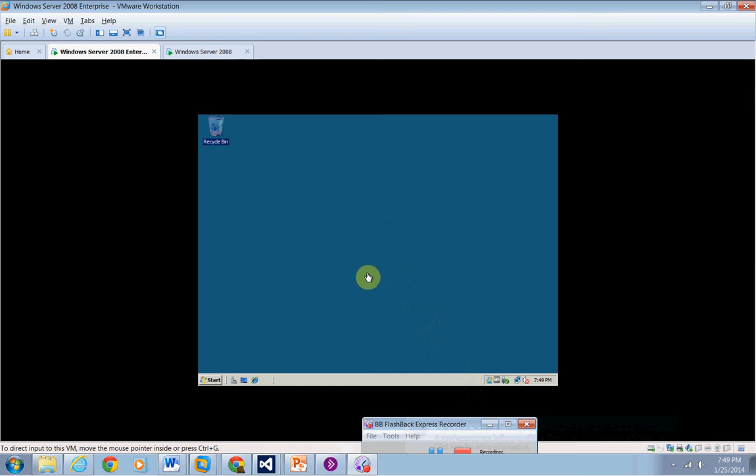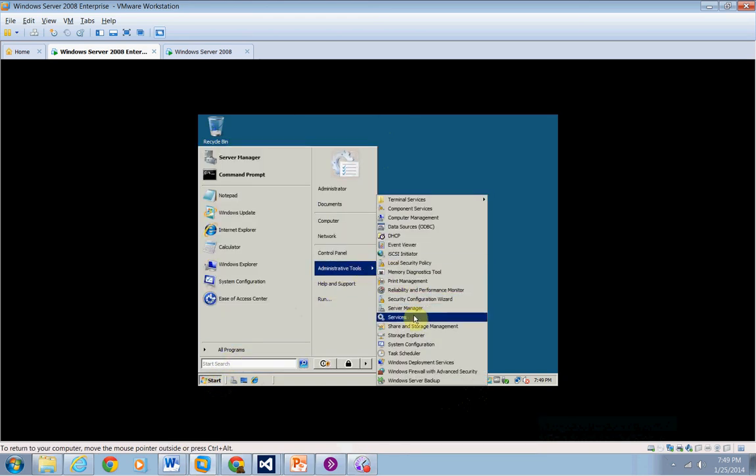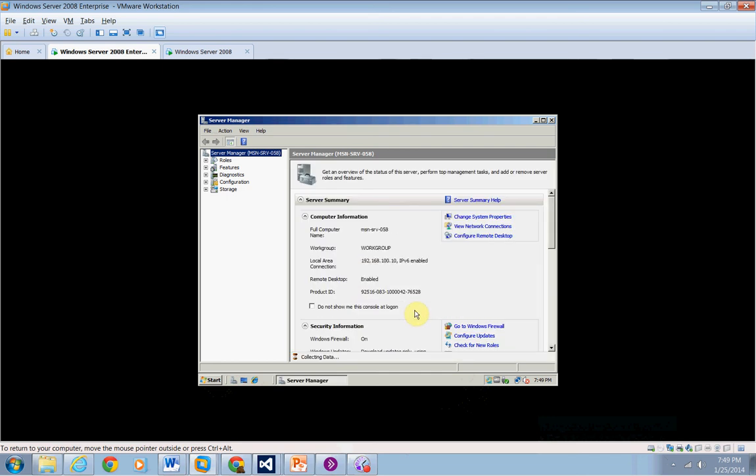I'm logged in as administrator and we are going to go to Start, Server Manager. Then we're going to click on Roles over here in the left pane. We're going to click on the DHCP server, and then we're going to click on the MSN